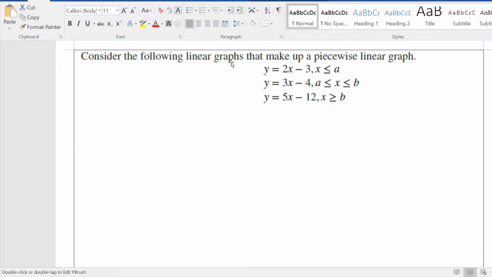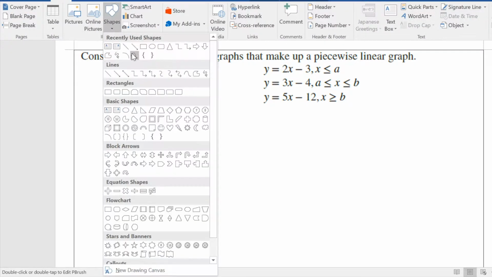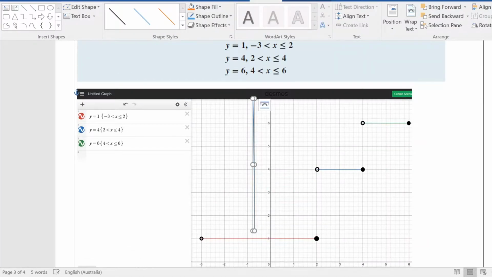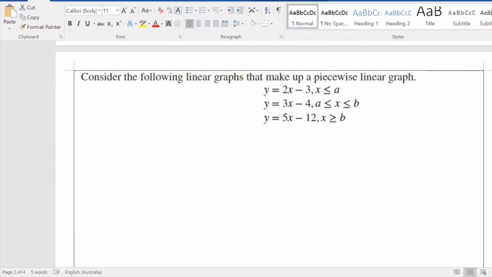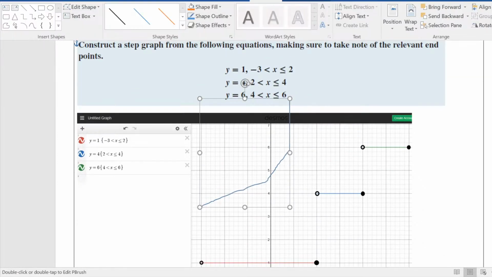Finally, consider the following linear graph that makes up a piecewise linear graph. Now, again, if you want to, you'll see here we have three equations. The way it's going to work is basically, and I'll draw a little tool for this one, okay? What effectively is going to happen with this is you're going to end up with a graph that comes along. If this was your Cartesian plane, oopsie. Keep forgetting with Word, you have to never let go. But effectively what it's going to look like, I'll just do a little scribble, is bang, then the one's going to stop, then it's going to go a bit steeper, and then it's going to go a bit steeper. Again, obviously not that high or